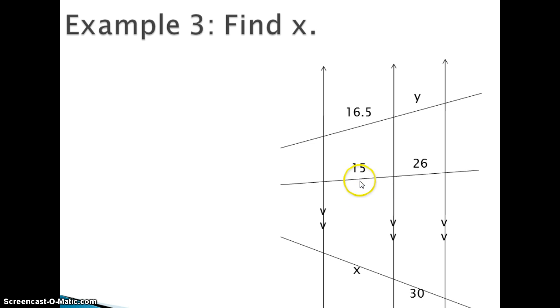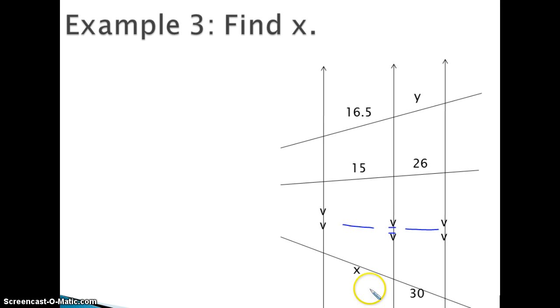So as an example with this, you want to find the value of x. Again, these are parallel lines. These are my transversals. I have 3 transversals. What I can do is set up a proportion that's going to relate 15, x, 26, and 30 all together. So the way to do this is I'm going to set this up